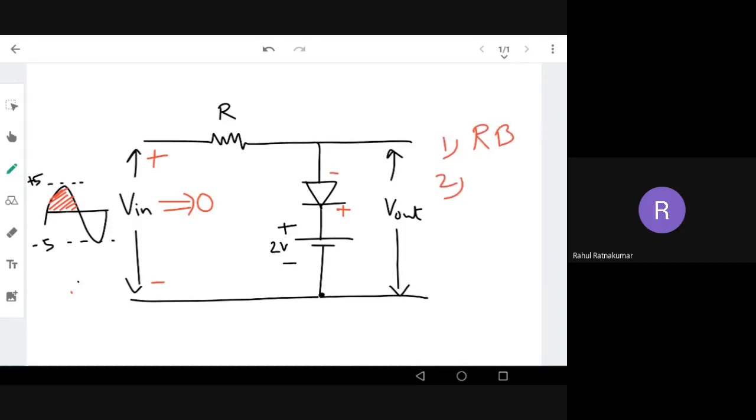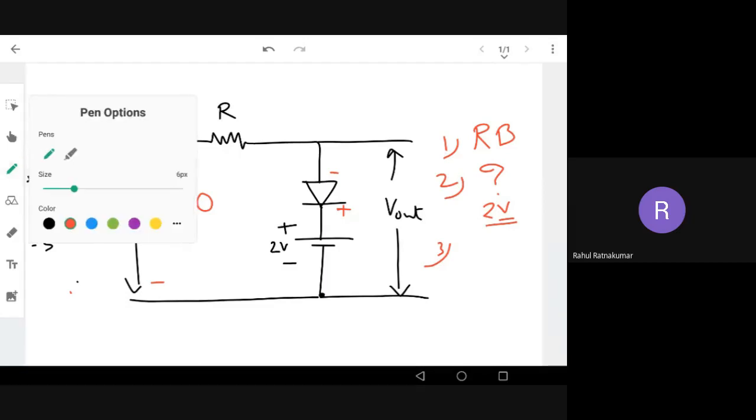The second point is, how much reverse bias is my diode? You'll get that it is 2 volt reverse bias, right? What that means is that right now the diode is off. Even if my anode is given up to 2 volt, it still remains in reverse bias. That means it still remains in an off condition, till my anode is given 2 volt. That is the definition of reverse voltage or reverse bias.